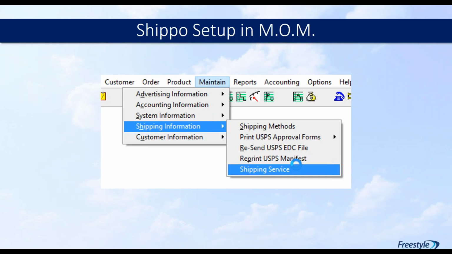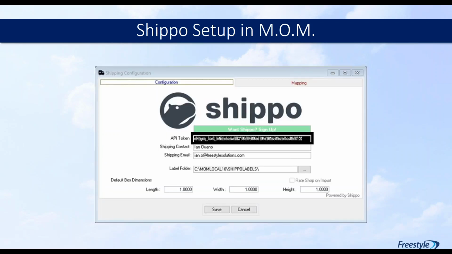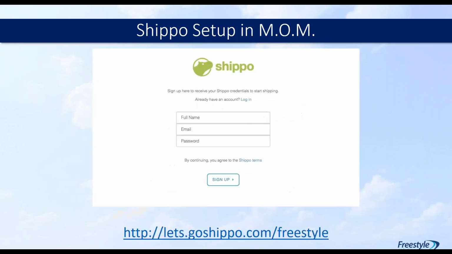So some things to talk about, and Ian will show this in the coming few minutes here. We do have the ability to set up Shippo in M.O.M. As you can see from the screen here, it's all going to be done under your maintain shipping information and shipping service breakdown. And then you'll get a screen like that, where you will enter the information that is provided. To get that all set up, though, you're going to have to go to this particular link at